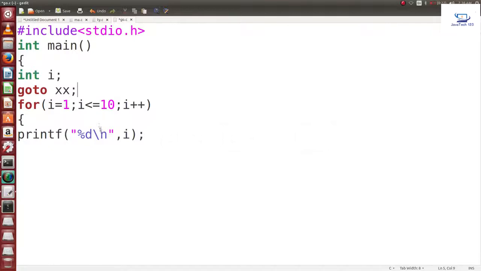Here I do not write the statement yet. Write if i equals 7, then what to write? goto xx. That means it will jump there. Here I write printf. Suppose I have not written this line, I have to see what will happen. Then write printf hello slash n,